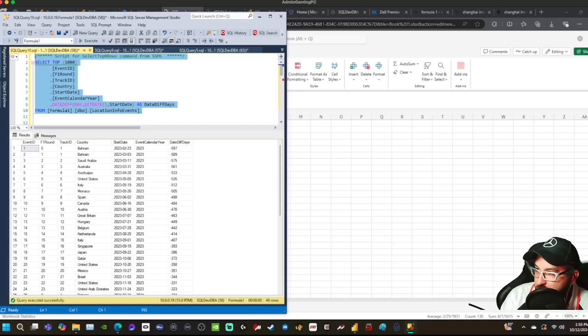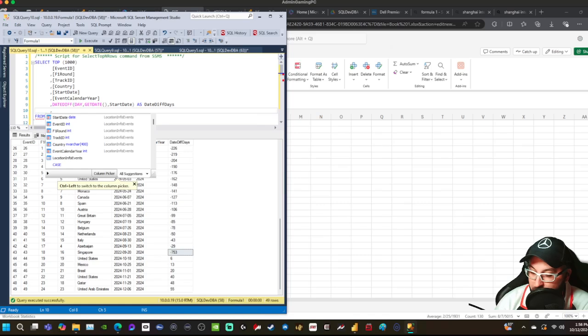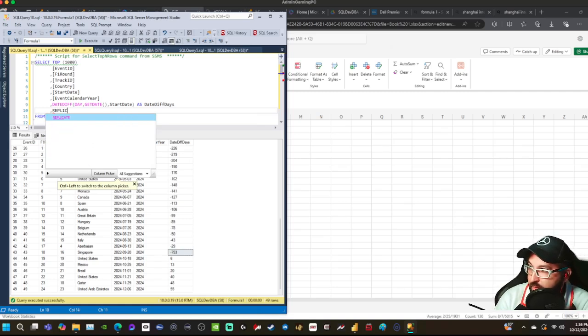So we should see sort of a gradual decrease because this was the 2023 season. We'll probably see an outlier here. See this minus 753? Let's do something even more interesting, which is I'm going to use this in a graph bar. Now, how do I make a little quick graph bar? If I want to represent the data in a visual perspective, even here in SSMS, I can use the REPLICATE function